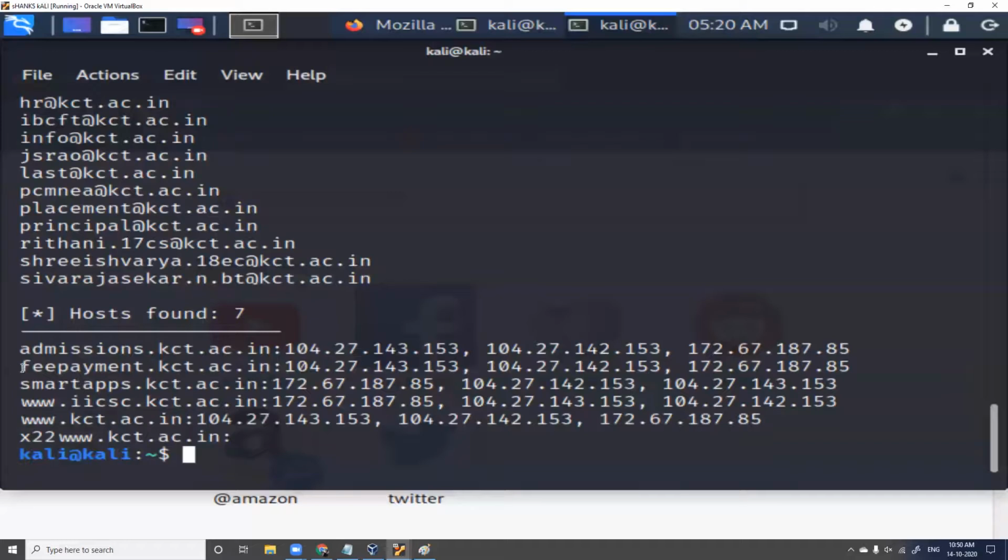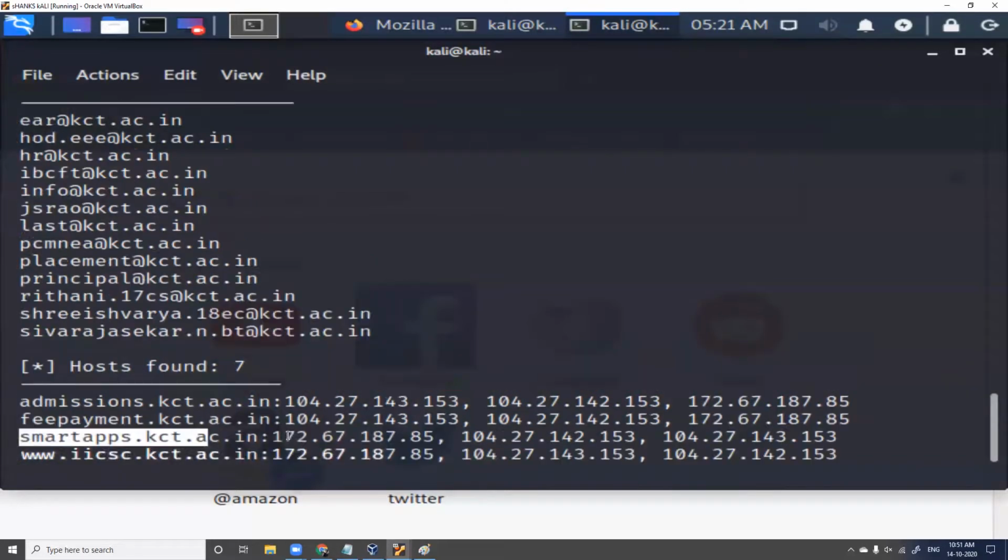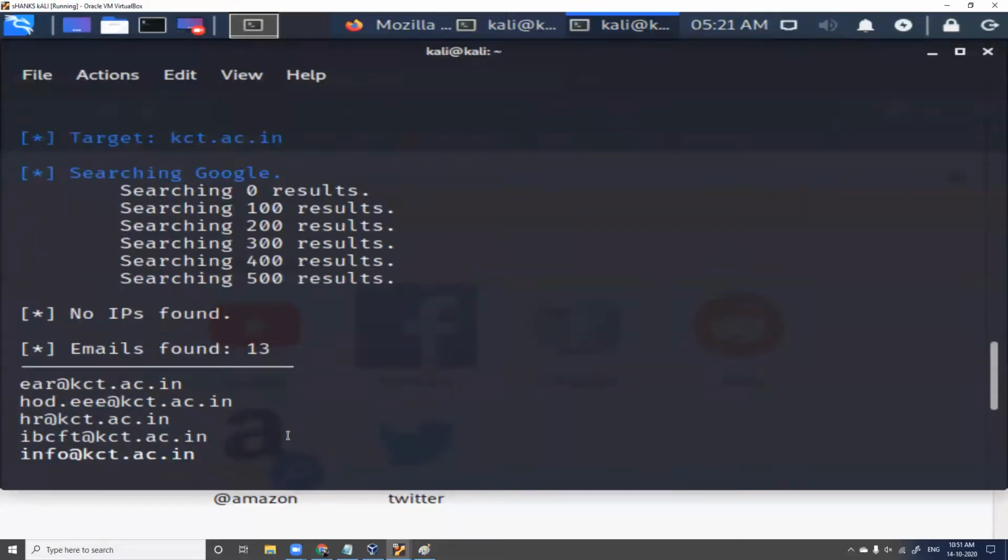We have got fees payment, we have got smart apps, we have got so many other things. So you can use this Harvester for grabbing email addresses of your target in case you want to report something, or in case you want to verify the subdomains along with the IP address.